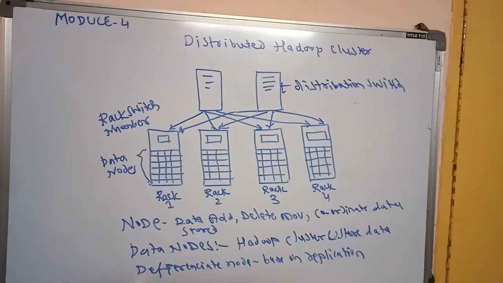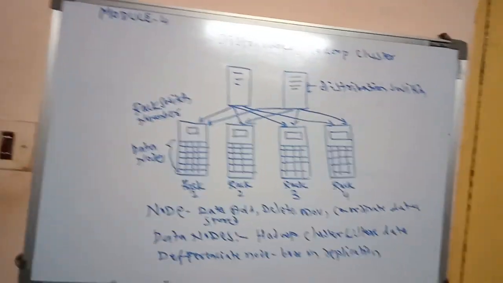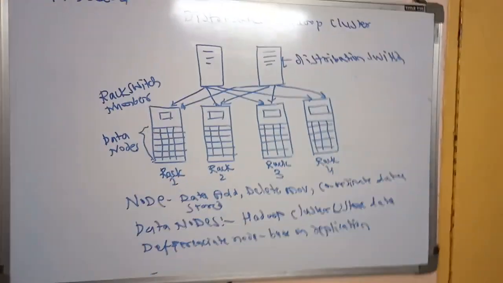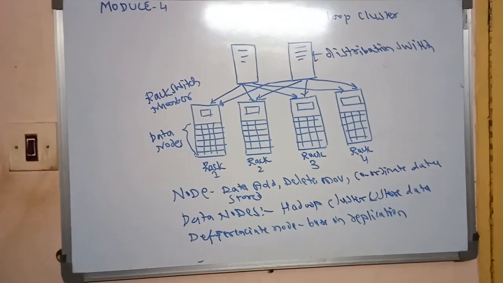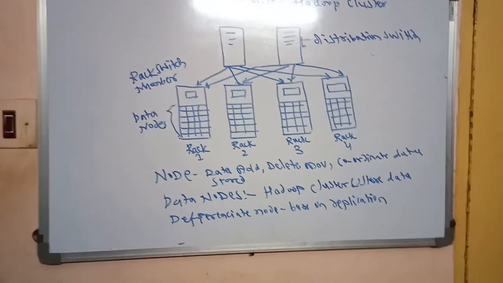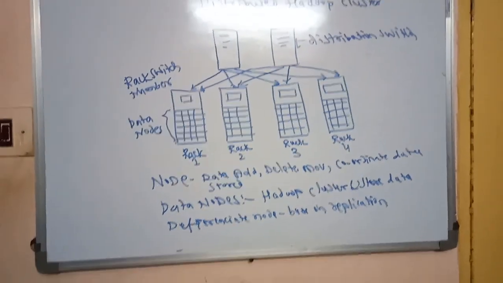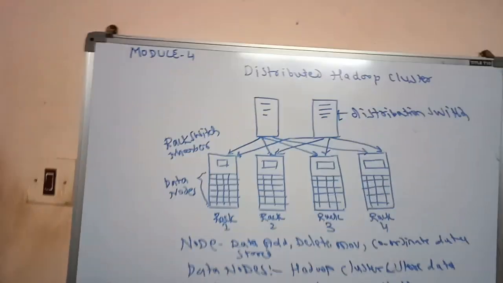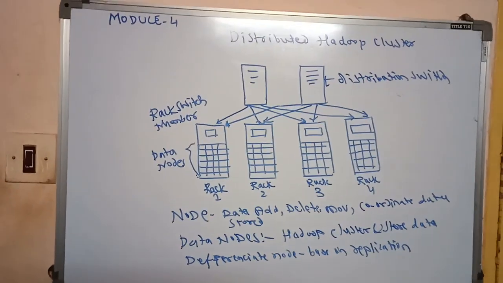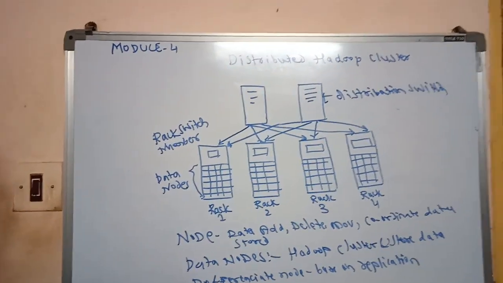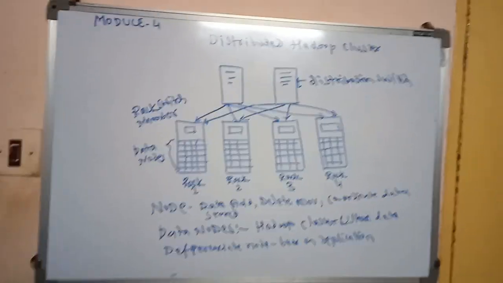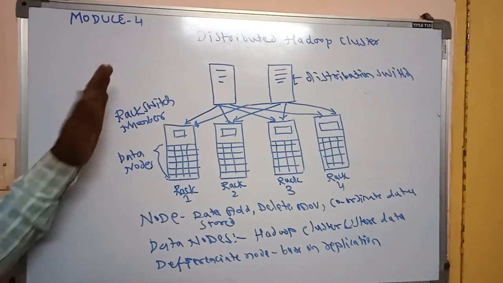Another important characteristic of this Hadoop tool is to differentiate nodes based on their replications. Based on their repeatability, differentiated nodes are most useful for this type of distributed Hadoop cluster. There are several types of clusters you can create. Then edge data analysis. So many tools they are introducing for big data analytics. This is one of the most